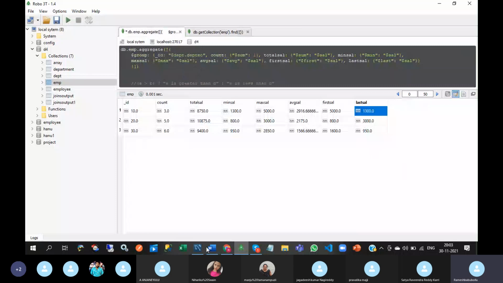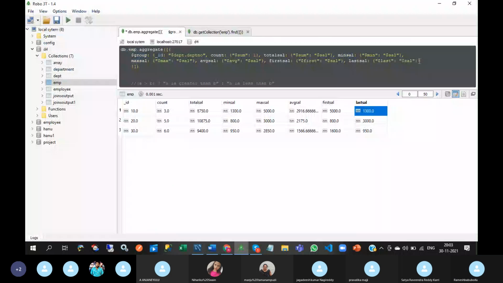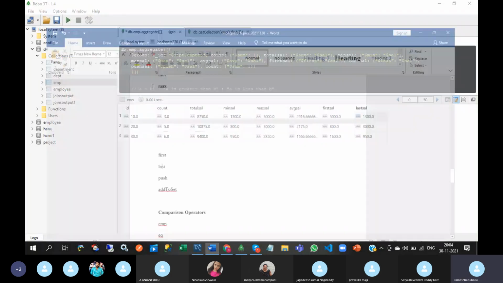Okay, and another one is push. Push sal here, push and sal, and another one is add to set.